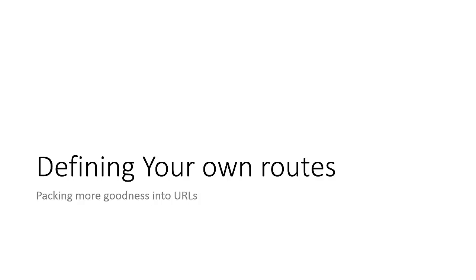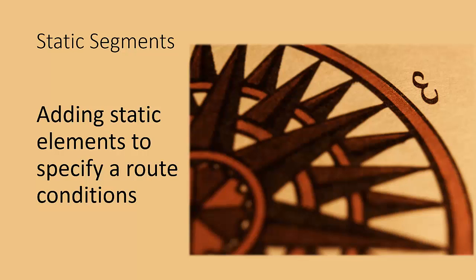So going through and defining your own routes is not a complicated process, but there are different facets or ways of doing it. So we'll start off by talking about static segments. A static segment is basically you going into a route config and adding a static element to specify some